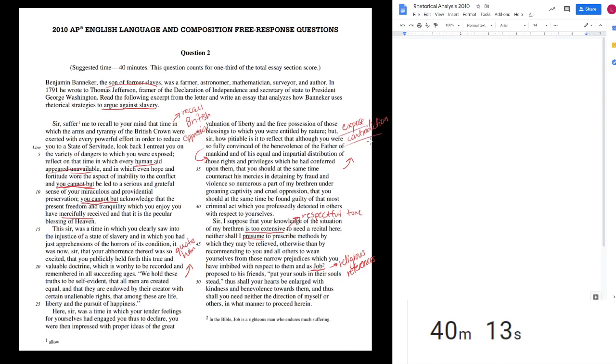Banneker also quotes Jefferson and then proceeds to argue against him in this paragraph by exposing a contradiction in Jefferson's worldview, if he wrote this in the Declaration of Independence and now is going against it. But he also maintains a very respectful tone. He says, "Neither shall I presume," that you already know how extensive this is. And he also makes religious references, so I think we have plenty to go off of. So I'm going to